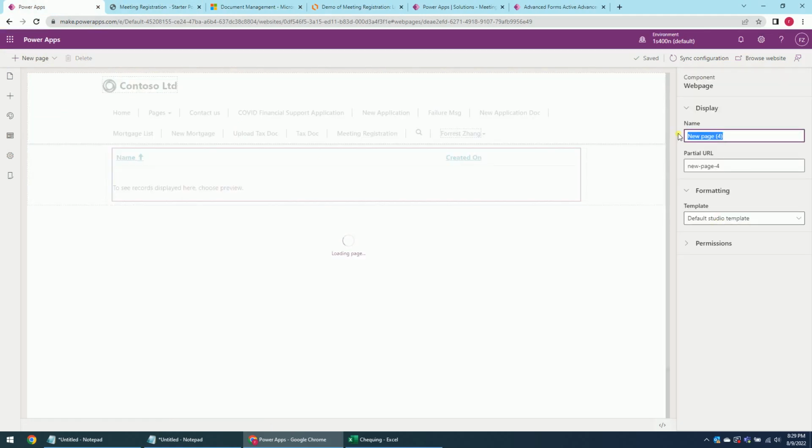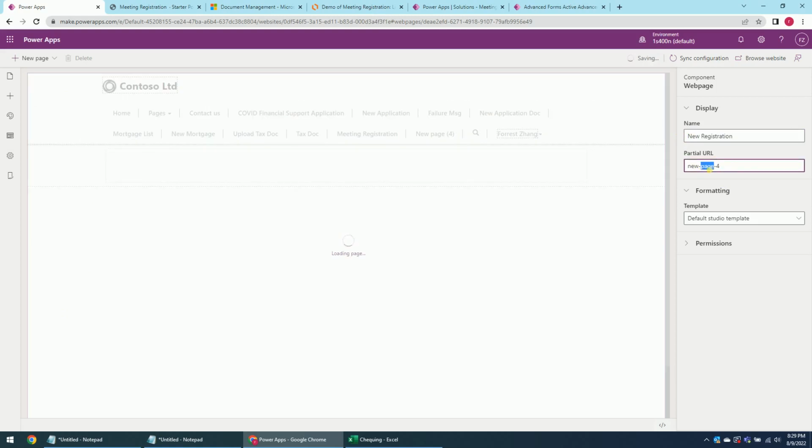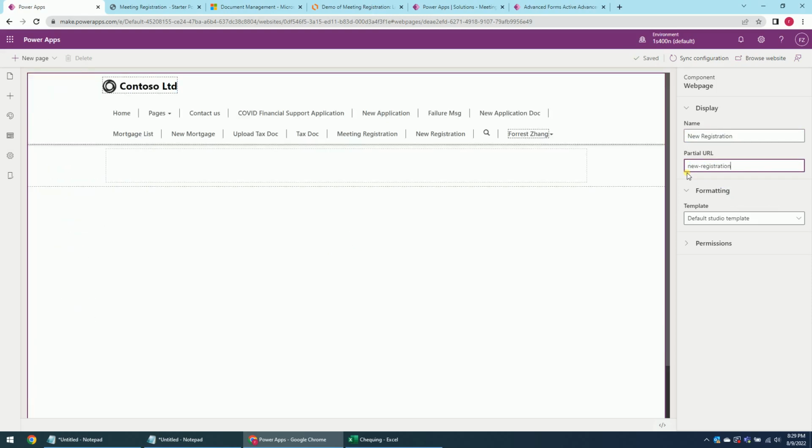We rename it to new registration, the URL, and new registration. This URL will show in this URL. So yeah,